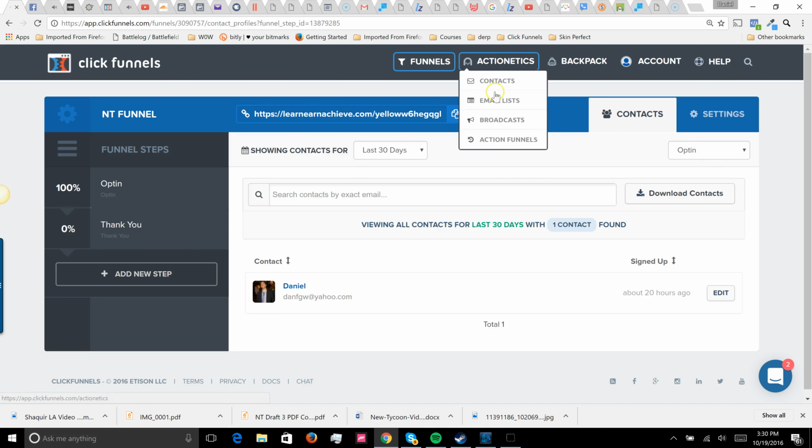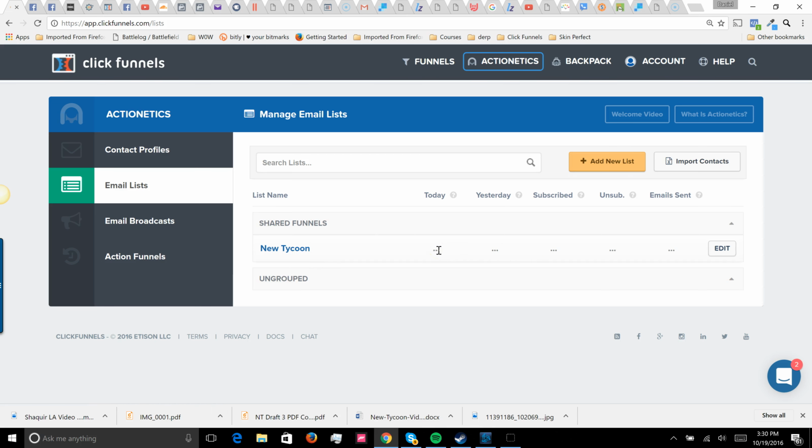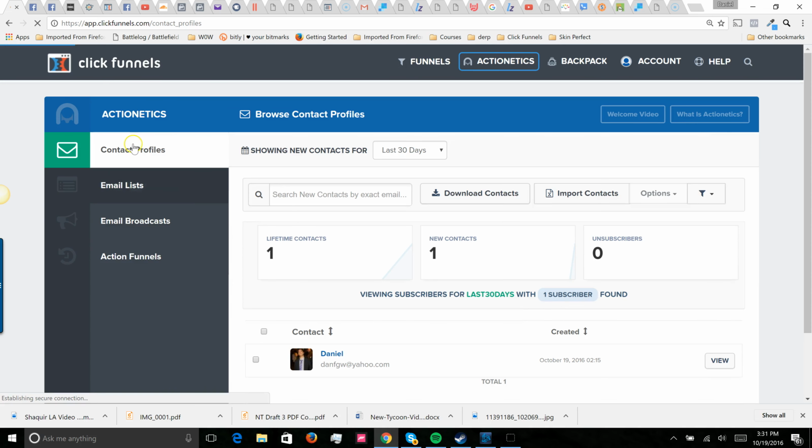But if you go to Actionetics and then go to email lists, this is your list. This is your new Tycoon list that I've made for you. It's already connected to your funnel, and everything will populate in daily. How subscribes, and email sent, and so on. Here, so when you click Actionetics, here you will see your statistics, how many contacts, how many people so far. This right here, action funnels,